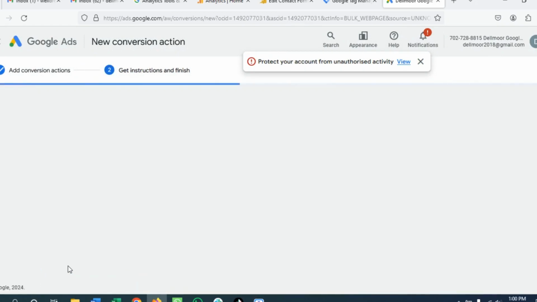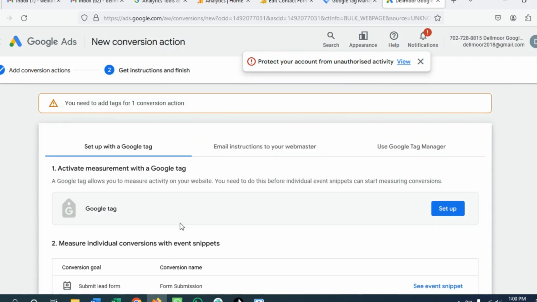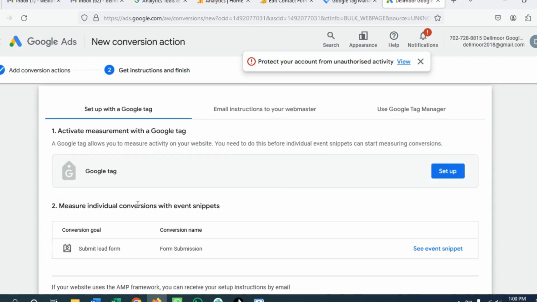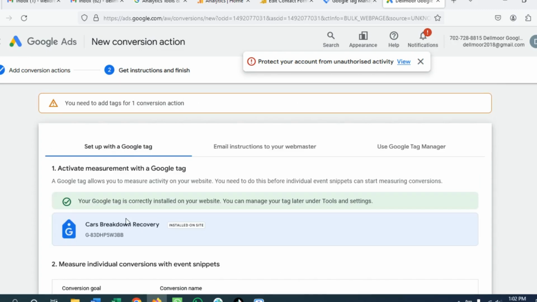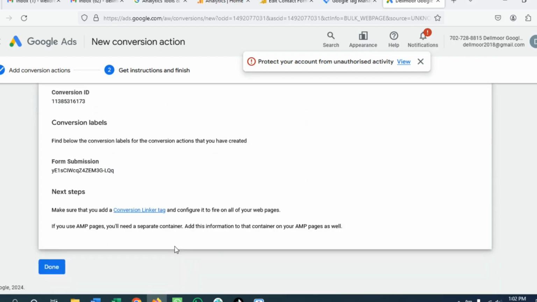So we want to continue this. Set up the conversion manually. If we want to set up the conversion manually, there are some options for tracking the conversion. One is to set up with Google Tag, connected through Google Analytics. But if we want to set it up manually, then it will